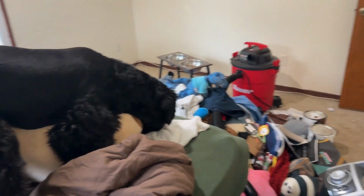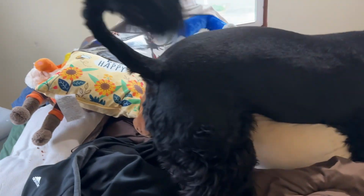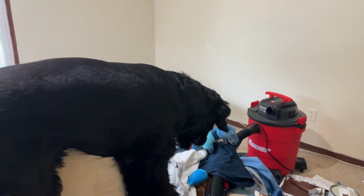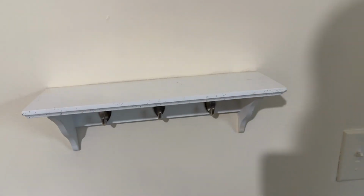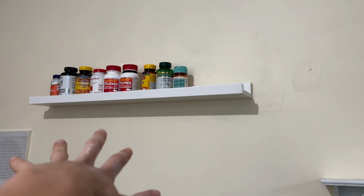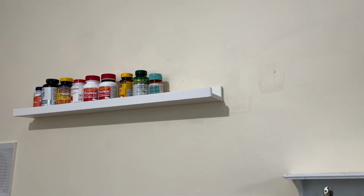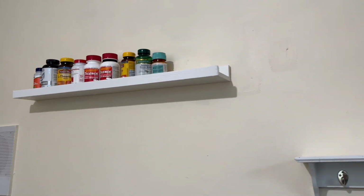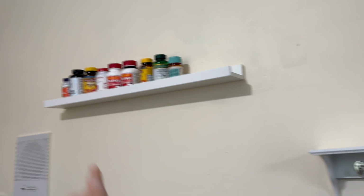So today is moving day. We're gonna move everything and pack it all up and situate everything. So I'm gonna get the camera and film a little bit, but I'm so excited. I also have these that I'm probably gonna actually leave for my prescription wall because I forget to take my prescriptions. So I figured that will help, and maybe add like a cute thing on each side, but keep it mostly